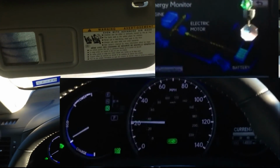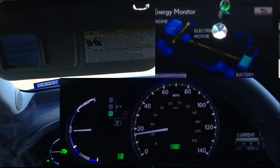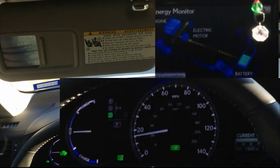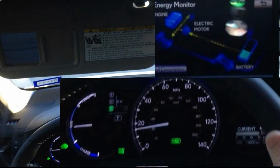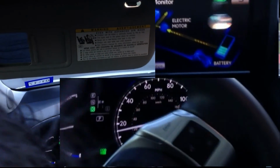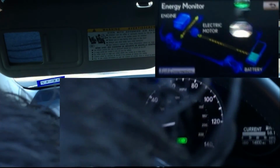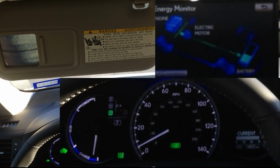Let go, feather, let go. Nobody behind me. Let's not even use a lot of electricity. I'm now at 15 miles per hour. Probably dropping speed there wasn't a great idea, because by doing so we used quite a lot of our electricity up. So on that notice,